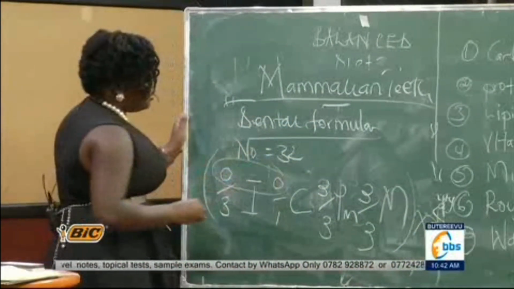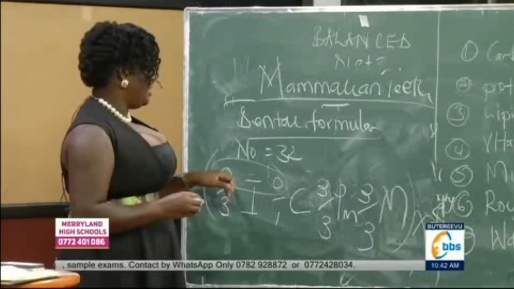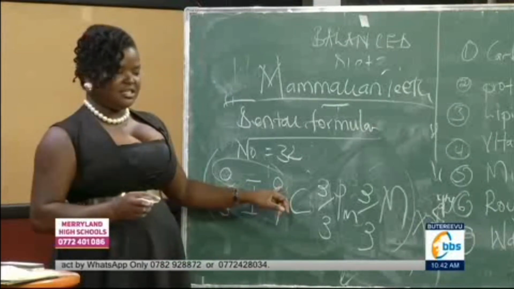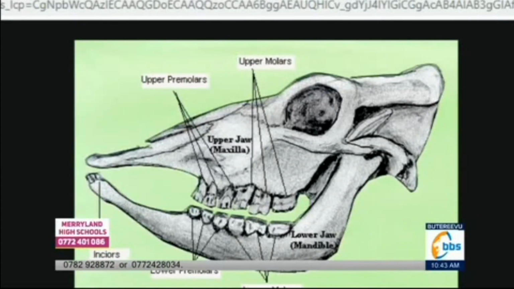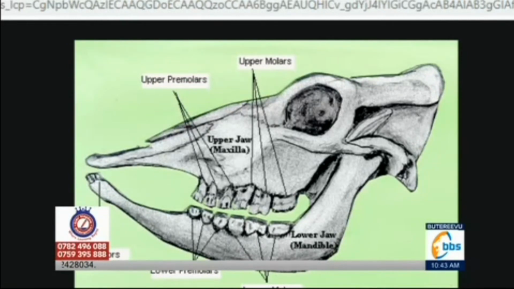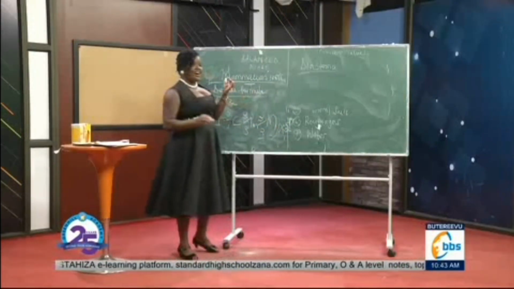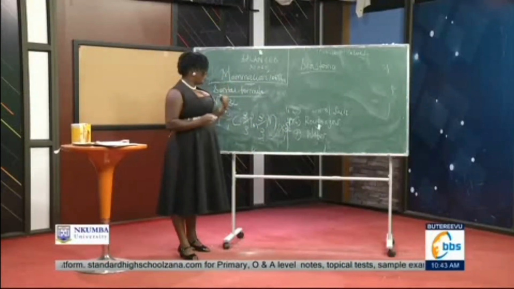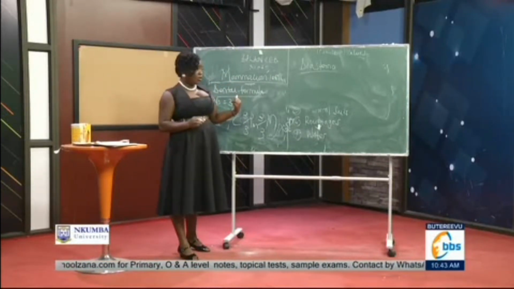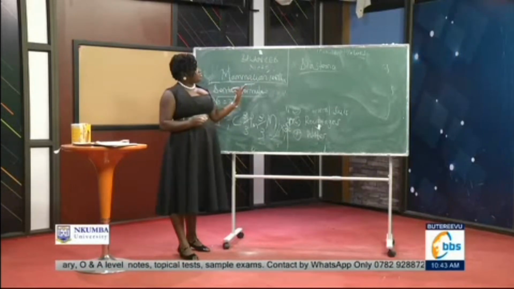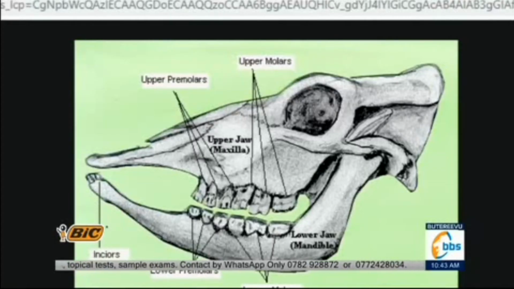So why is it that the cow lacks incisors and canines on its upper jaw? This forms spaces in the mouth cavity of most herbivorous animals, and those spaces are what we call the diastema. It's a gap which is supposed to be occupied by the incisors and the canines in most herbivores, if not all, that lack those. And this diastema in herbivorous animals is very important during the chewing and gnawing of food,